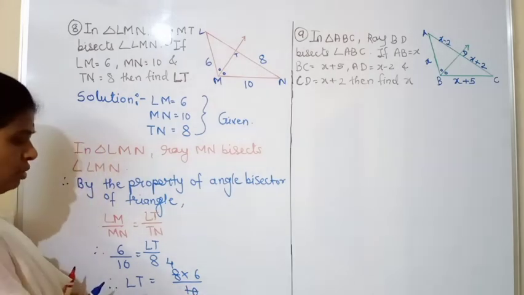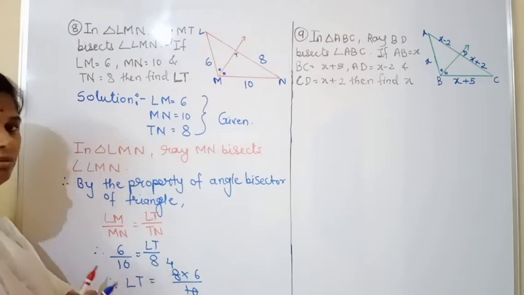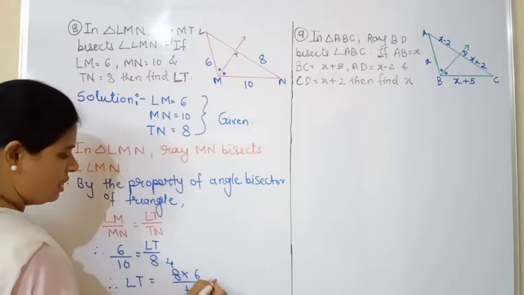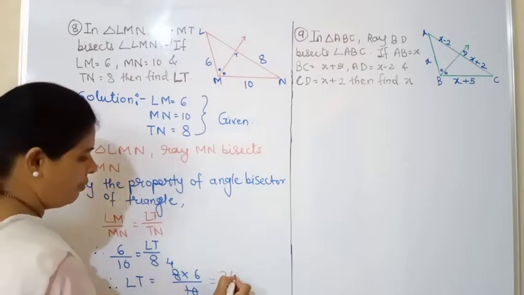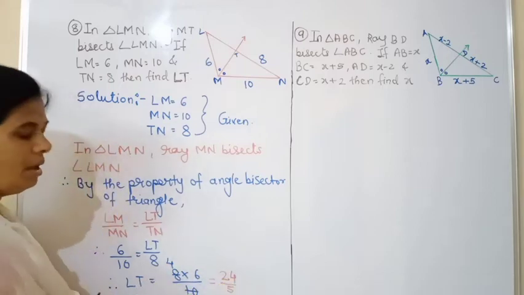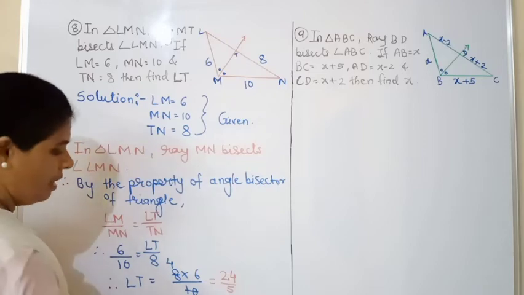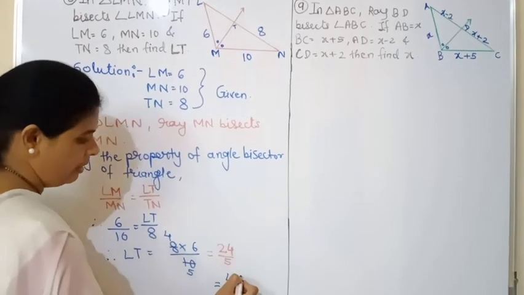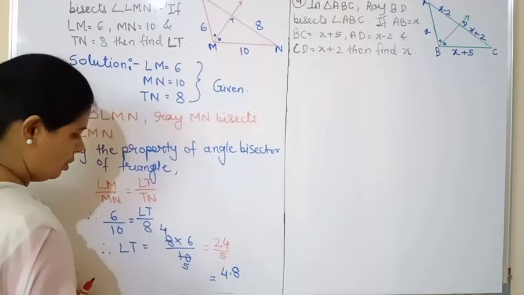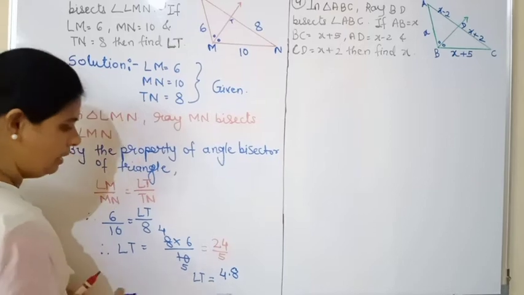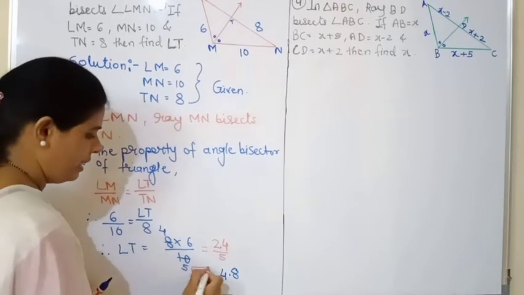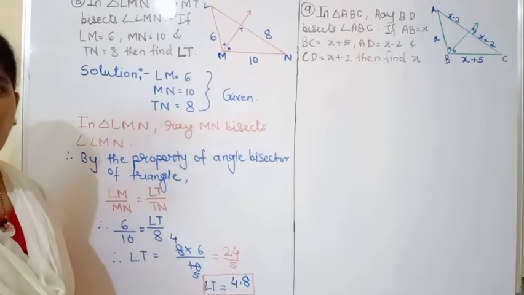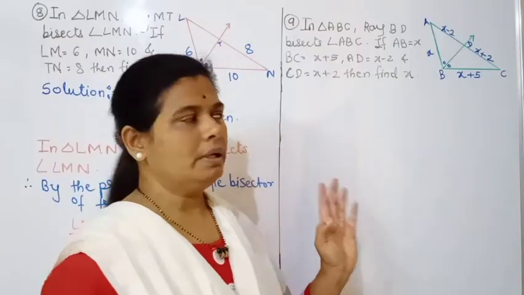Now, it is not possible to divide 4 and 5 or 6 and 5, so we will just multiply. That is equal to 4 6s are 24 upon 5. Okay. When we divide 24 by 5, we will get 4.8: 5 4s are 20, then 5 8s are 40. So we will get the measurement of LT, that is equal to 4.8. So in this way, by using this property, we can find out the measurement. We will solve the next example.